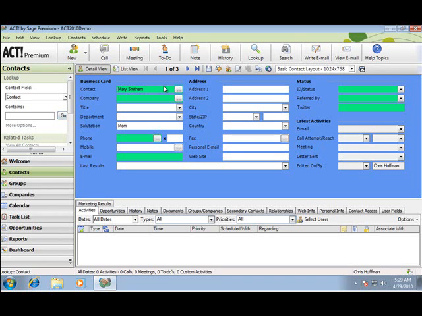So for example, if Mary Smithers is Dr. Mary Smithers, we can still place this in here. Now if Mary has a more complex name, for example Mary Beth,